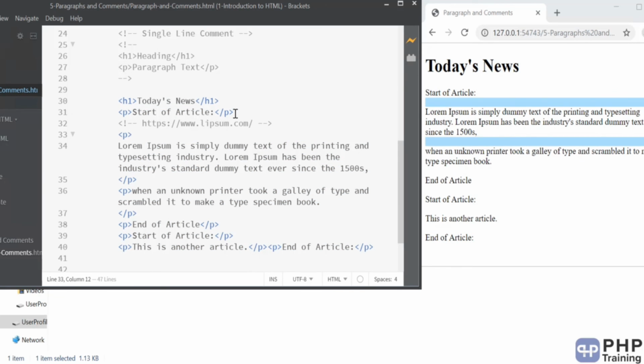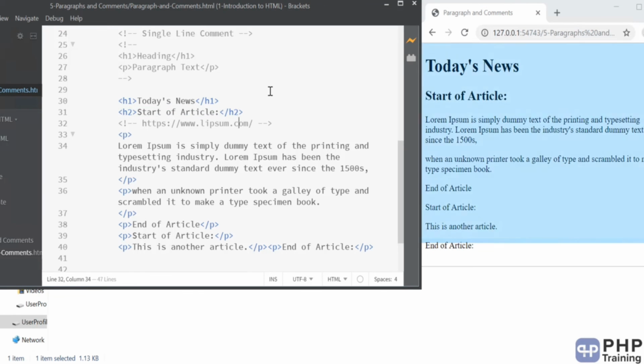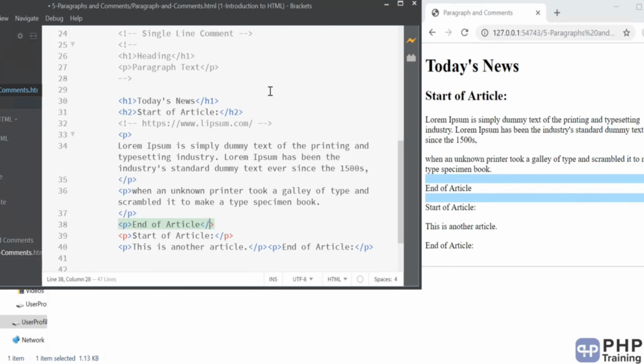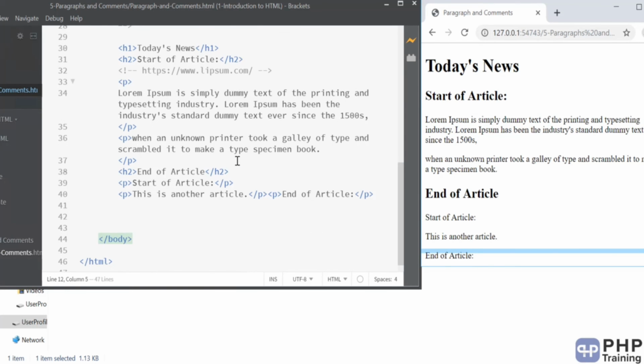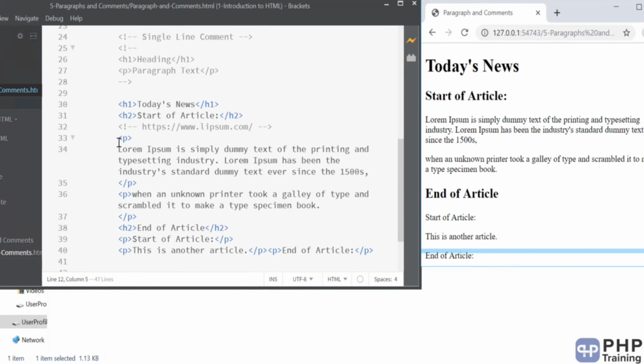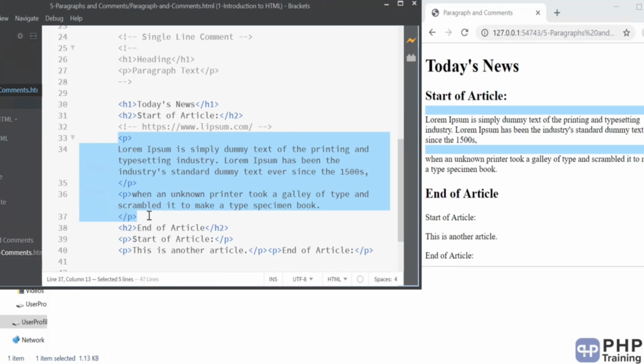And sometimes you want to say, okay, I don't want to have my start of article in a paragraph. Maybe you choose to have h2 here. So this is how you play around with h1, h2 and paragraph. If you want different sizes for your title, you can use h1 to h6, and for all the text that you want to write as a paragraph, you define it under the p tag.